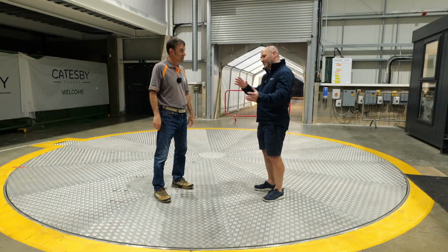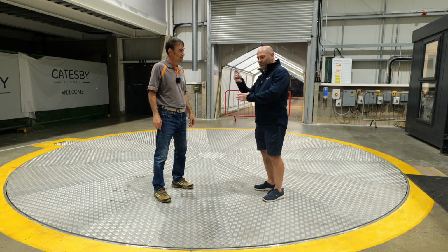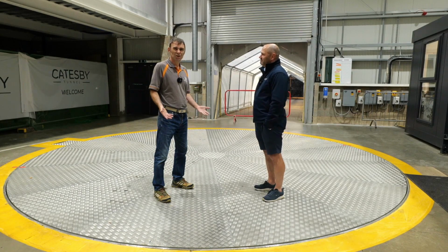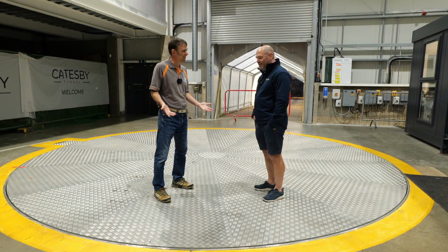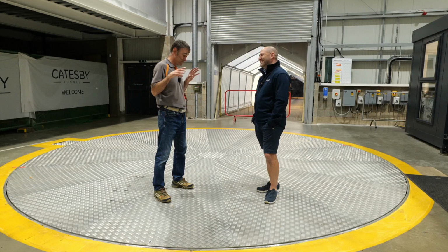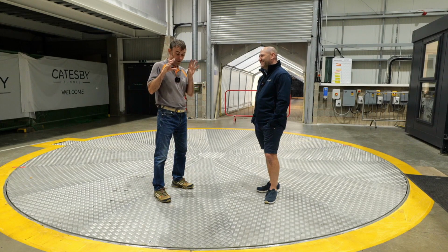Customers typically do a test run out, turn around on the turntable, shoot back to get data in both directions, and we average over both. No handbrake turns at the end. No handbrake turns and no Austin Powers 3-point turns either. Oh, well, I'll tell you what, you got some pretty cool stuff here,